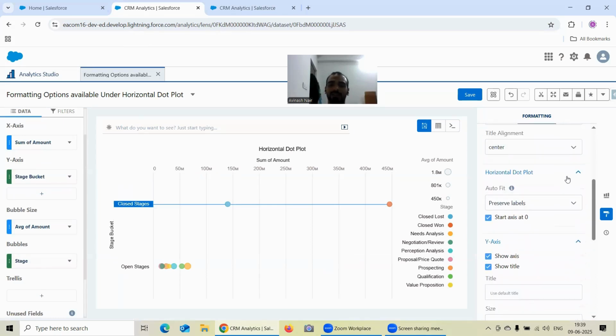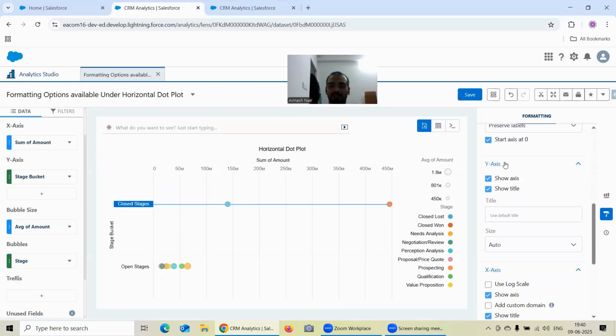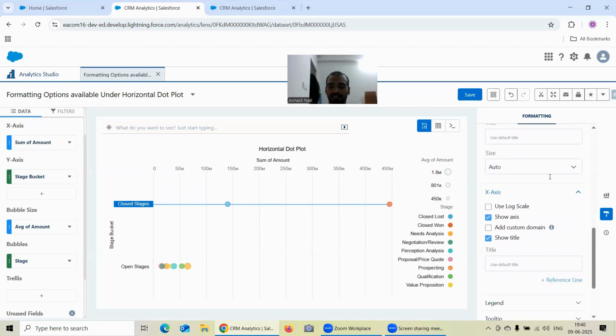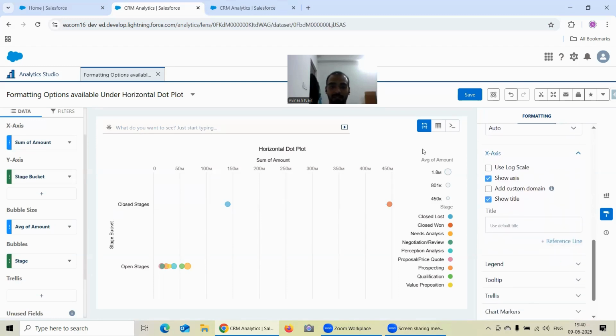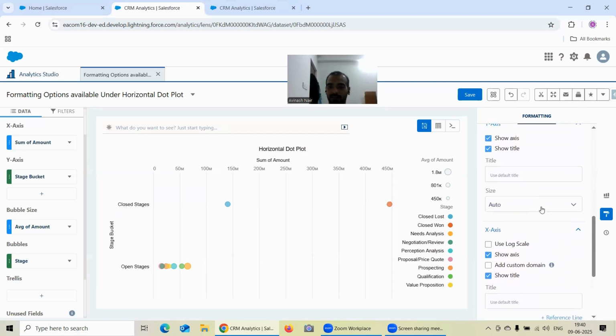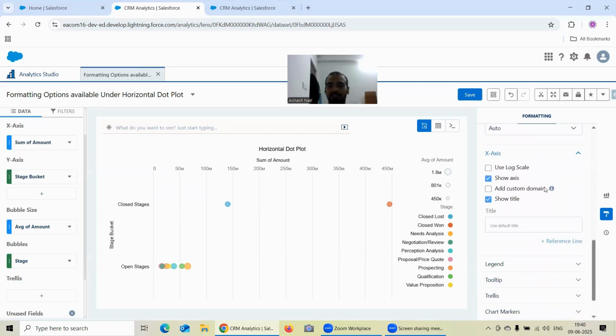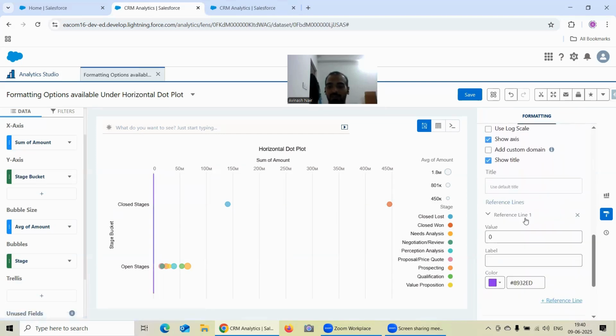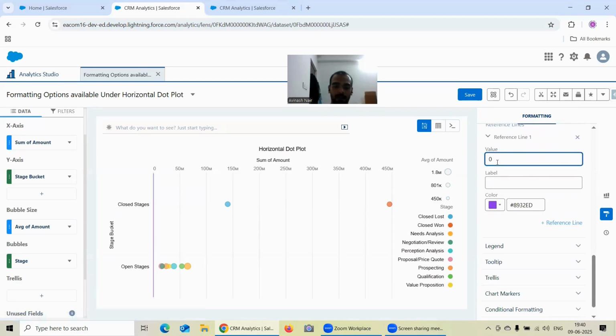So definitely one thing is that the options are similar for horizontal dot plot and vertical dot plot. If you see, auto fit is there in both cases, and you have the option of choosing the axis at 0 or not. Then on the y-axis and x-axis you have those particular options. Now one thing to notice of course is the reference line. So the reference line here will be on the x-axis. So if I go for the reference line very quickly,